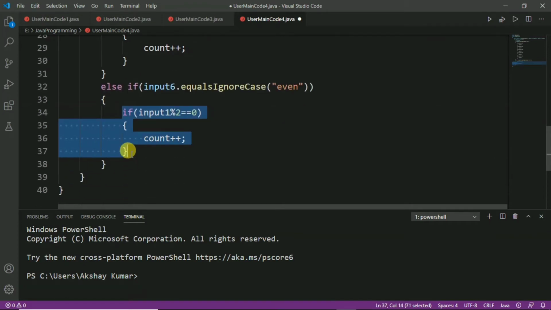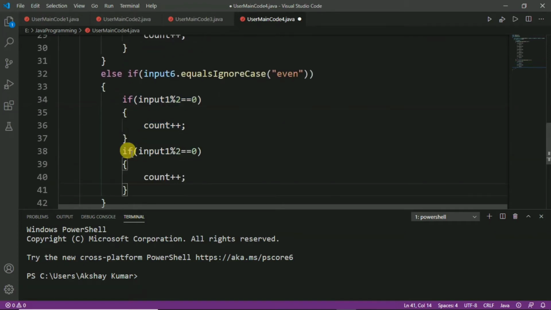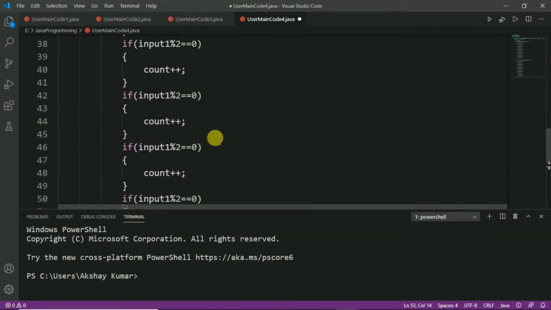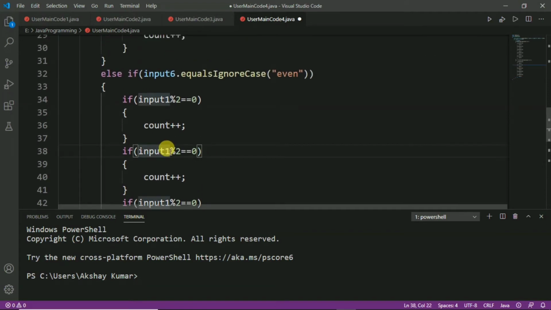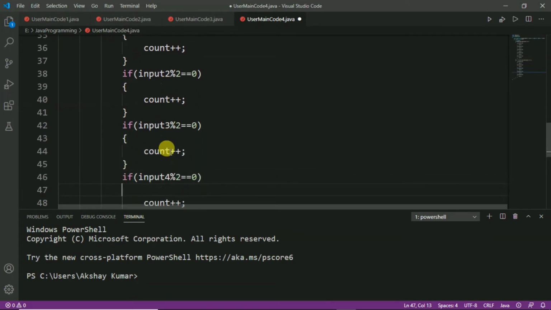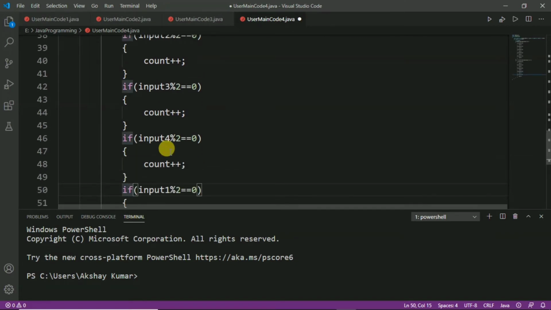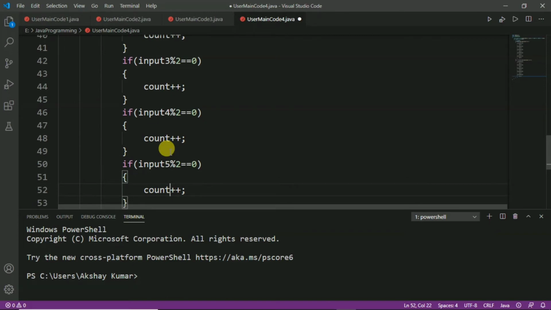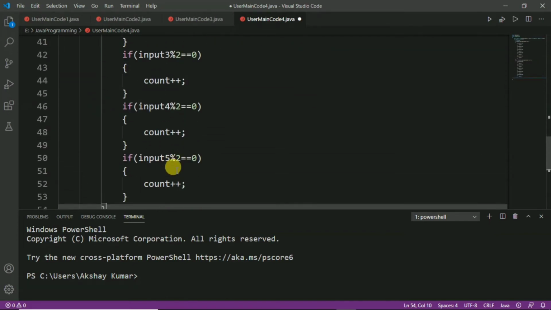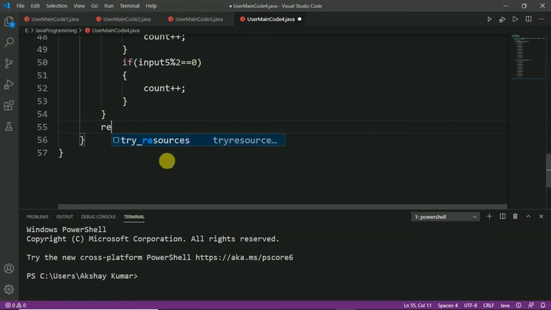So, let us copy this and paste 4 more times, and after that we will change the variable names, input1 to input2, input3, input4 and input5. After that, outside the else if block, we will return the count.